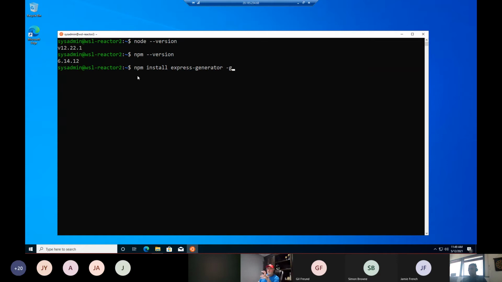So npm is the package manager, and install says pull this particular library. When you install a library, you can either install it local to the folder or the project that you're currently working in, or you can install it globally. The -g will install it globally. And usually what we install globally are things like tools, Express, that we're probably going to utilize across multiple projects. So if I run this,